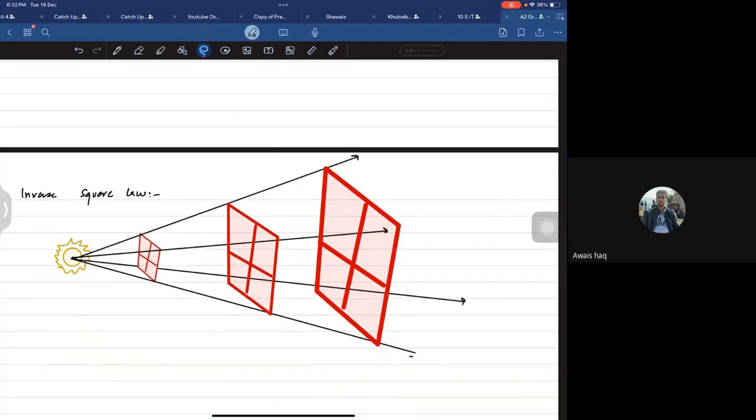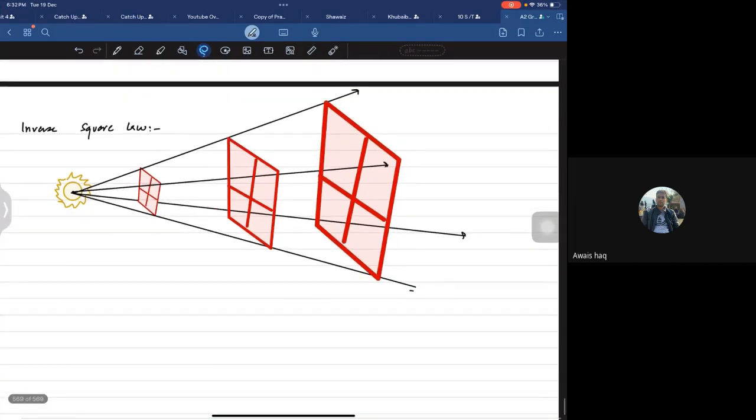Now, what I want to show you from this drawing is that actually, suppose at a certain distance,